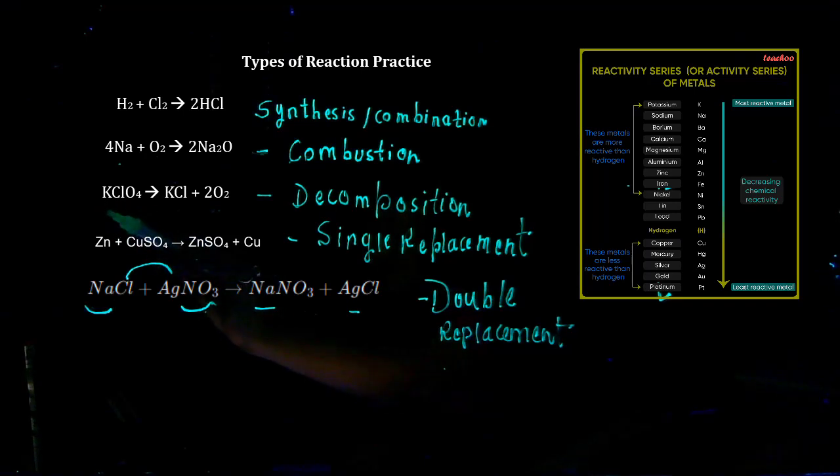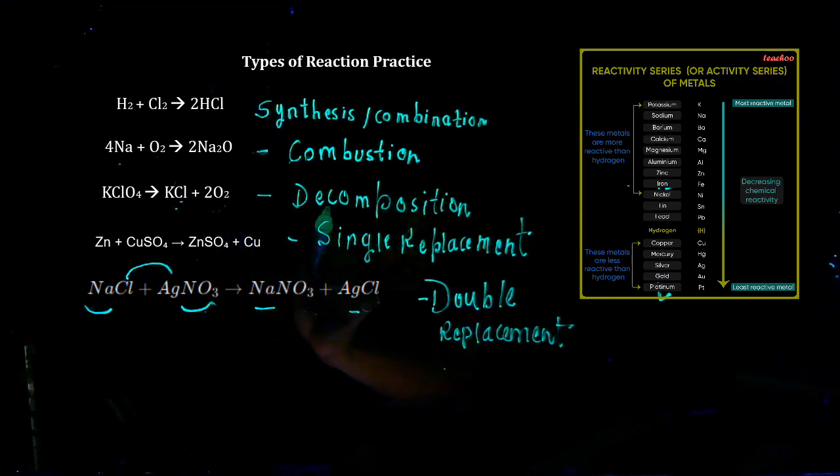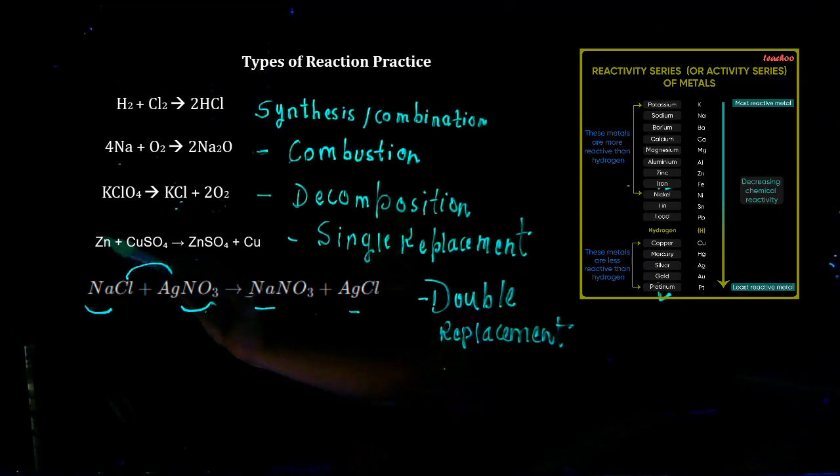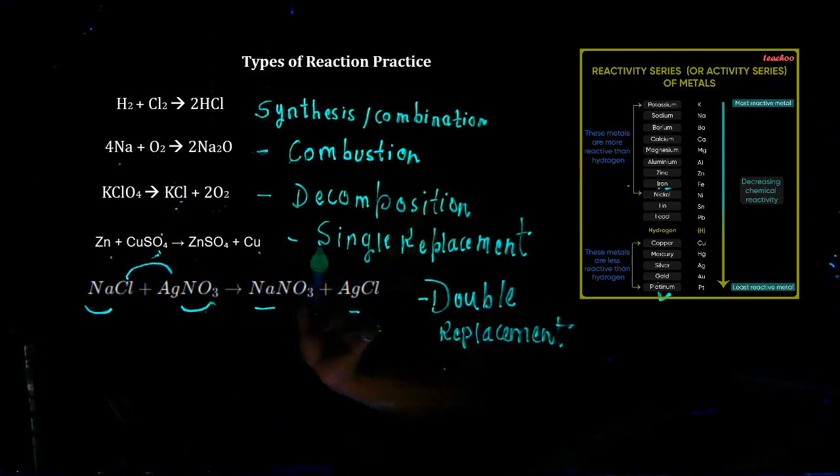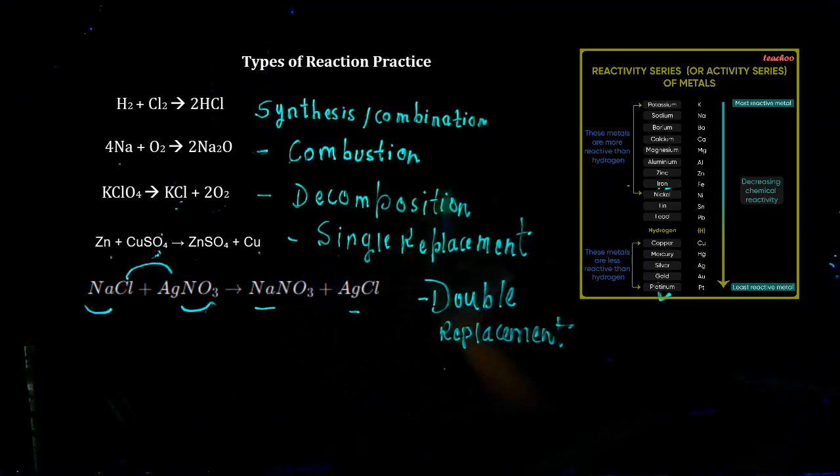Then we have potassium chlorate. When you see one compound breaks down into two or more, here in this case it's broken down into two, that's an example for decomposition. Now the next one, zinc and copper sulfate reaction, where zinc being more reactive than copper kicks out copper from its solution, combines with the sulfate part. These are examples for single replacement. Don't forget to refer to the activity series of metals in order to determine the reactivity of the